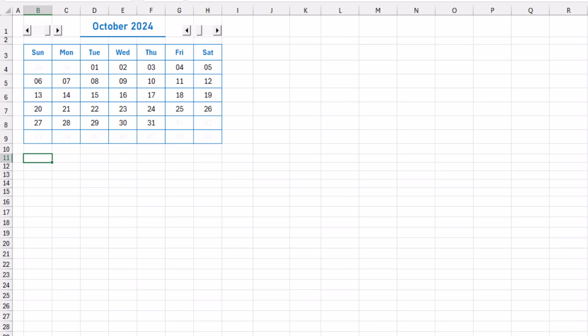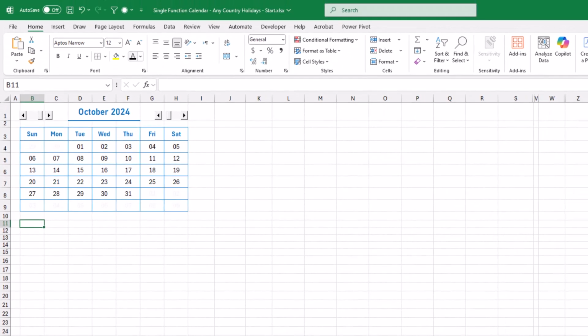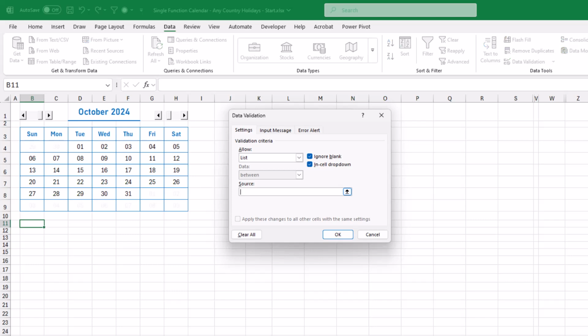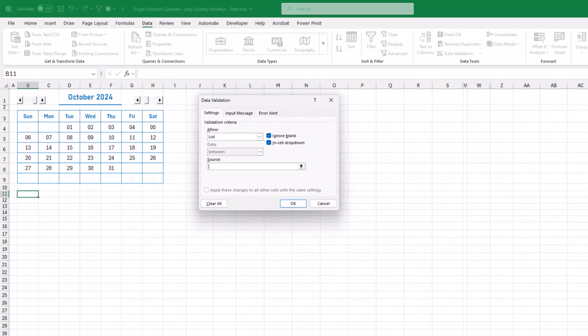I select the cell B11, and then I want to create a drop list. I go to the Data tab of the ribbon. I click on Data Validation. I want to allow a list. I put my blinking cursor in the source box, and I want to select the different countries from the holidays